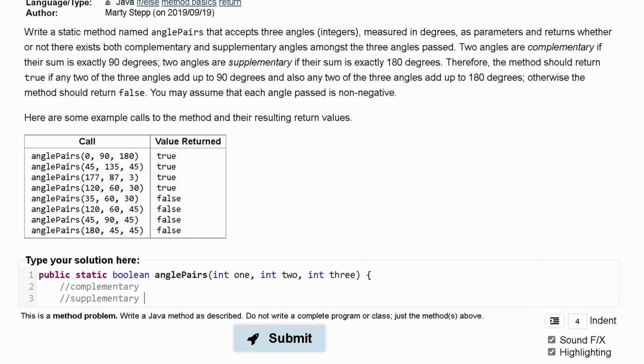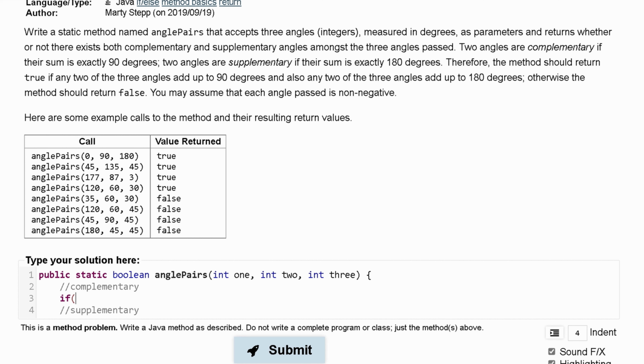Two angles are complementary if their sum is exactly 90 degrees. So we need to check if at least two of the angles sum to 90 degrees. So we'll do if 1 plus 2 is equal to 90, and then we can just copy this because we're just going to check the next two angles, replacing 2 with 3, or if 3 plus 2 is equal to 90. Now we're going to be inside of this if statement because now we need to check our supplementary because